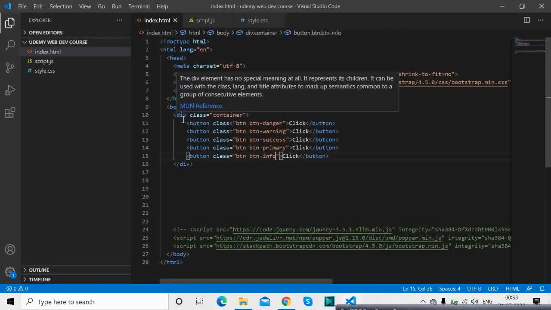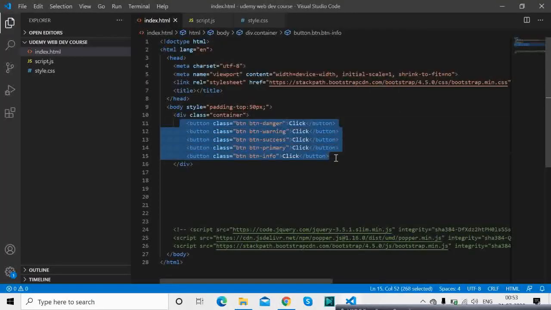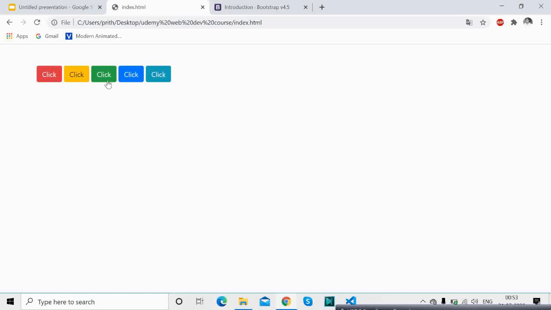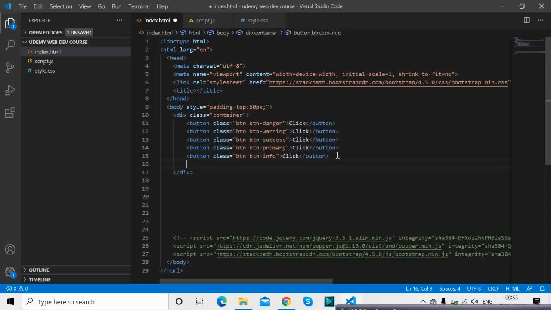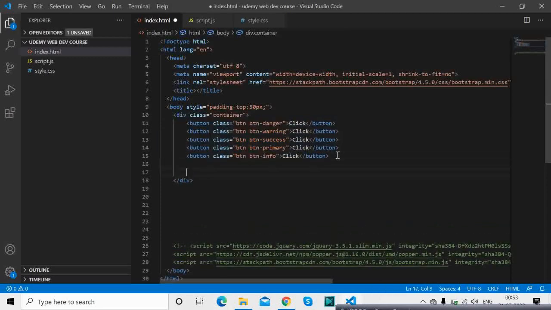If you see, you have 5 buttons. So these are the things. Eventually when you get to work with it, you will start remembering these class names. Okay, so this is it. Now I will just copy this and we'll have this